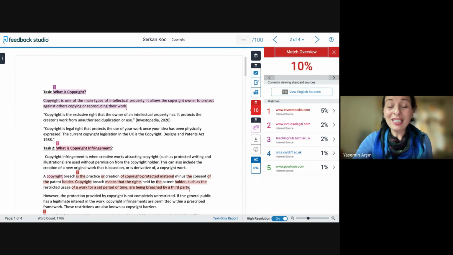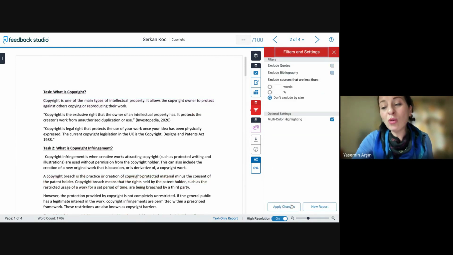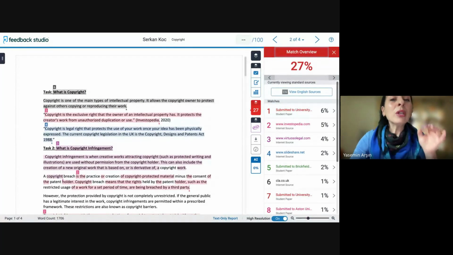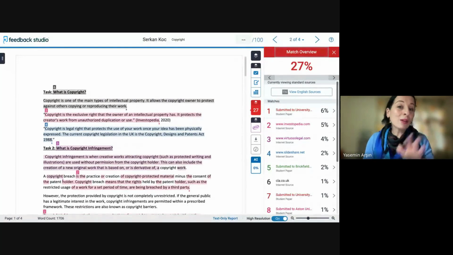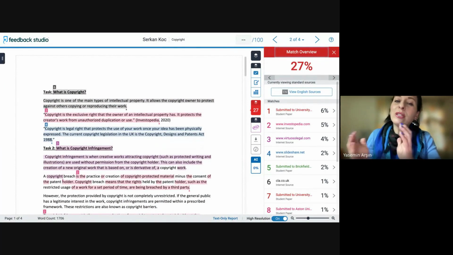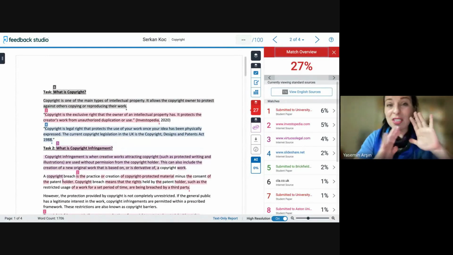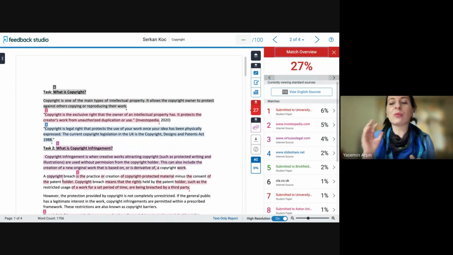But in fact, there are so many issues in this paper which will cause me not to accept it. I will show you. That is why we should not be judgmental about the similarity score immediately. I'm aware that a lot of institutions around the world have a threshold, right? They would like to accept, for example, between 15% and 25%. This is not our recommendation, by the way, this is the university's decision.